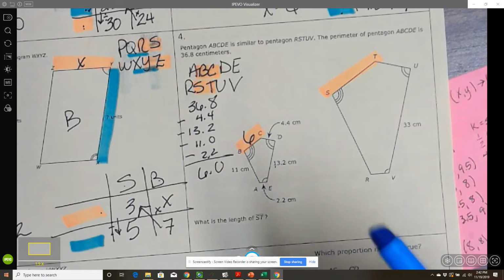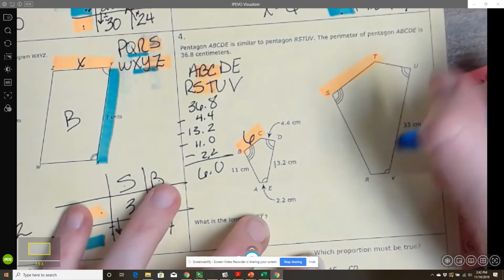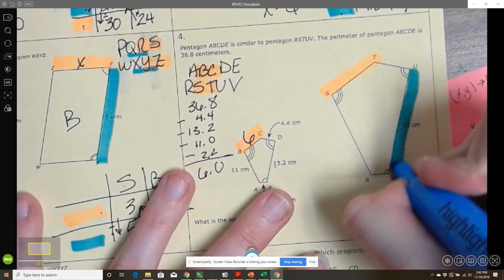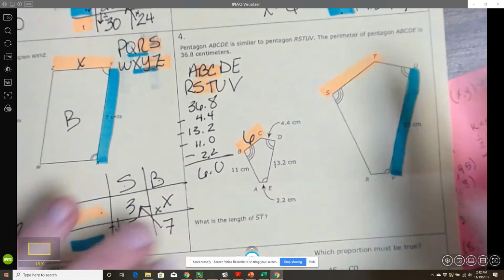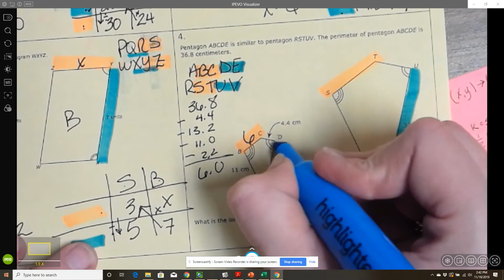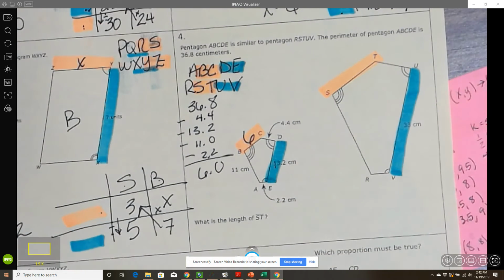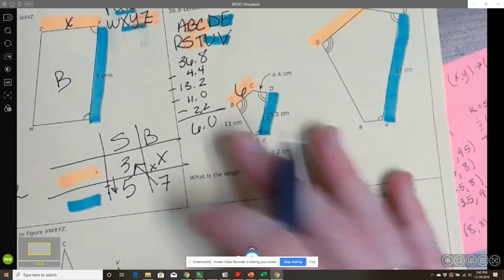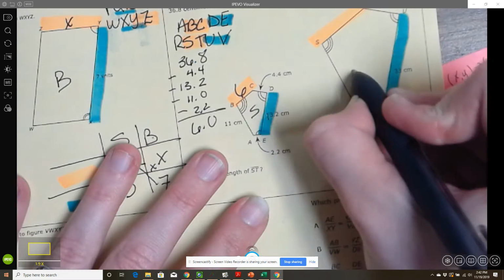And then I can't pick any other side. I have to use this one, this UV, because that is the only other number that I have over here. So UV is the last 2. So DE is the last 2. So those are the sides we have to use. So small and big,